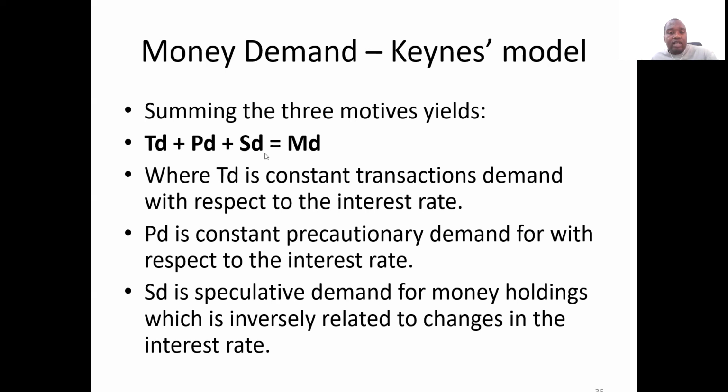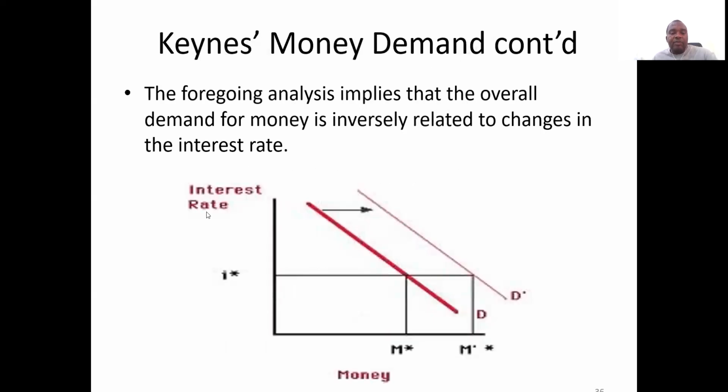After doing this horizontal summation, we get MD, which is inversely related to the interest rate because of the speculative demand for money, which is inversely related to changes in the interest rate. So basically, the foregoing analysis implies that total money demand, or overall money demand, has an inverse relationship with the interest rate, which is shown by the bold demand curve, which when we change other things in the economy, like